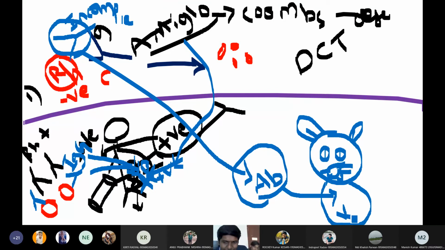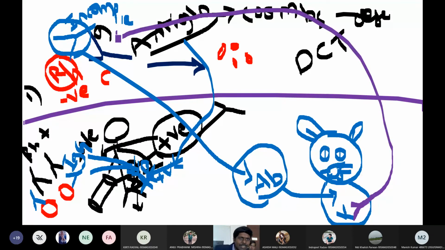So I injected an antibody into the rabbit, which is an incomplete antibody. Now, the rabbit immune system will think it is an antigen and it will develop a secondary antibody, because for the rabbit it is an antigen only. For the rabbit it is an outside protein. So the rabbit will develop antibodies, and these antibodies are secondary antibodies, we can say. Now what I will do, I will collect the rabbit blood and filter the secondary antibodies, and I will use these secondary antibodies for the Coombs test.